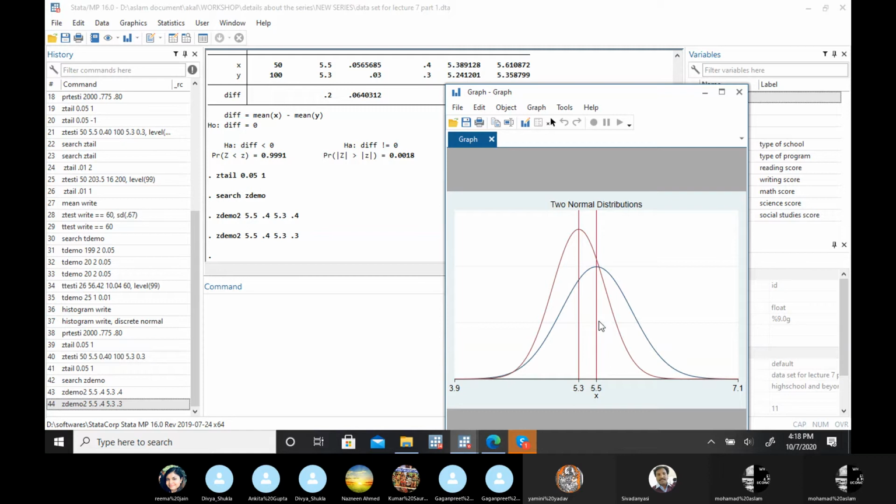The difference is due to the standard deviation. Their means are different and their standard deviations are different, so this plus minus range is different. So these distributions are different. Actually, your range is coming from 3.9 to 7.1, so your graph is visible and the normal curve is visible. My range is coming from minus 175.5 to 185.5, so my graph is not visible. Which version are you using, 16 or 15? There might be a chance. But you can work with this editor. Just zoom it in or out and it will show you. Thank you, sir.